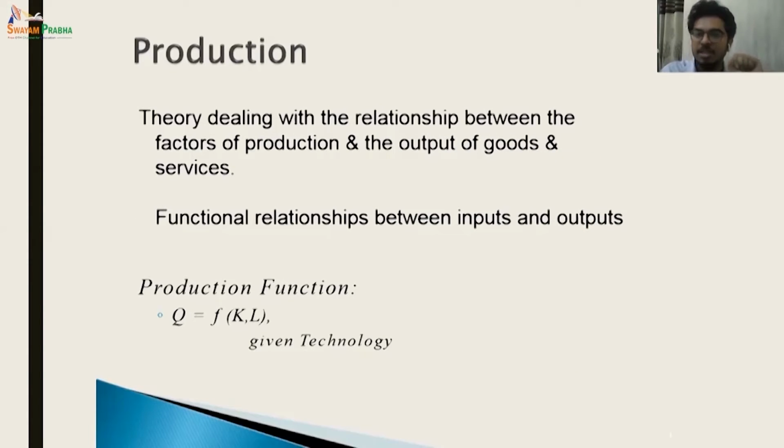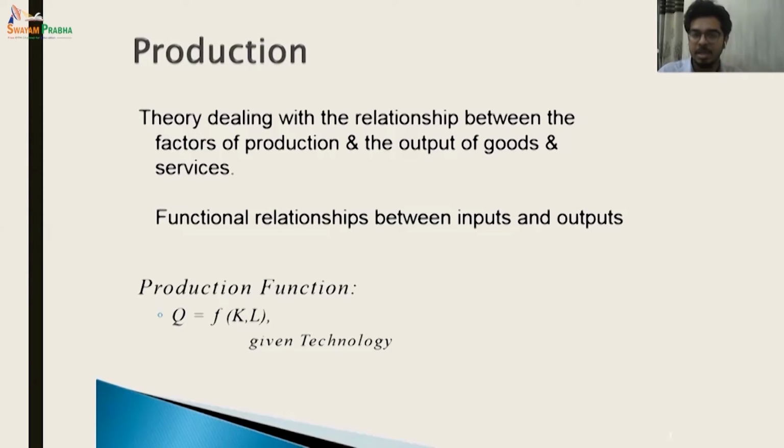So a production function is a functional relationship between the inputs, the vector, the range of inputs, and the output these are producing. So the theory dealing with these relationships, this association of different types of inputs, which are also known as factors of production, to produce certain goods and services or certain amount of goods and services is known as production function and often stated as Q, quantity equals function of K comma L.